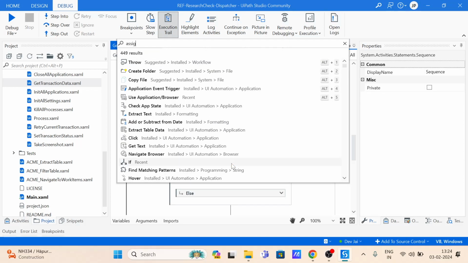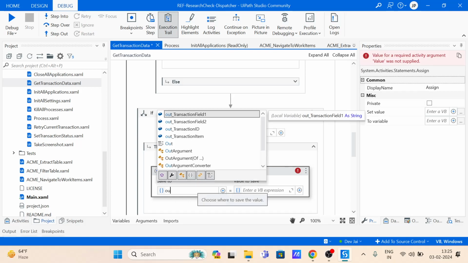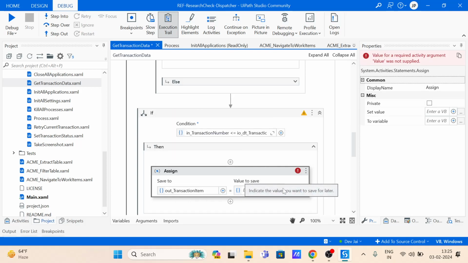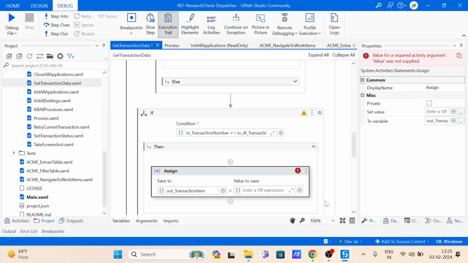ठीक है, देन वी विल बी डूइंग असाइन एक्टिविटी एंड वी कैन यूज आउट ट्रांजैक्शन आइटम। अब मुझे फर्स्ट रो को पिक करना है। देखिए, जो भी मेरा गेट ट्रांजैक्शन डेटा का आउटपुट होगा, मेन आउटपुट होगा, इट विल बी सेविंग इनटू आउट अंडरस्कोर ट्रांजैक्शन आइटम, इज द वेरिएबल जहां मेरा प्रोसेस स्टेट पे काम होता है, इस वेरिएबल के ऊपर। ठीक है, आई होप दैट दिस इज वेरी क्लियर गाइस, ये बहुत इंपॉर्टेंट है। यहाँ पे आप कोई और वेरिएबल डाल दो, वहां पिक नहीं हो रहा है इन प्रोसेस, दैट इज वेरी रॉन्ग।